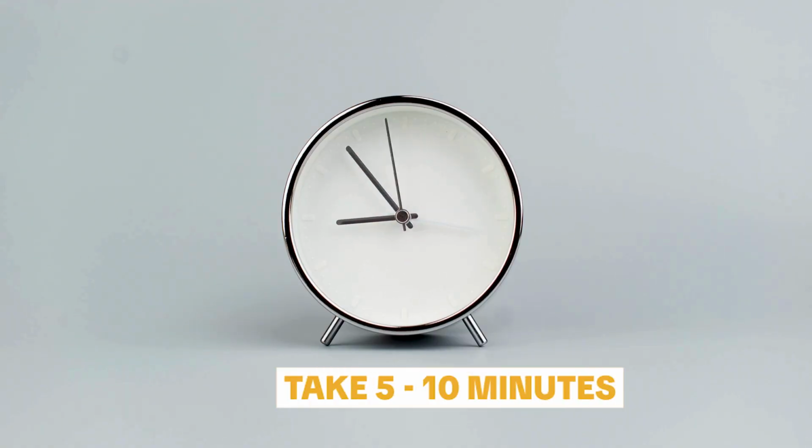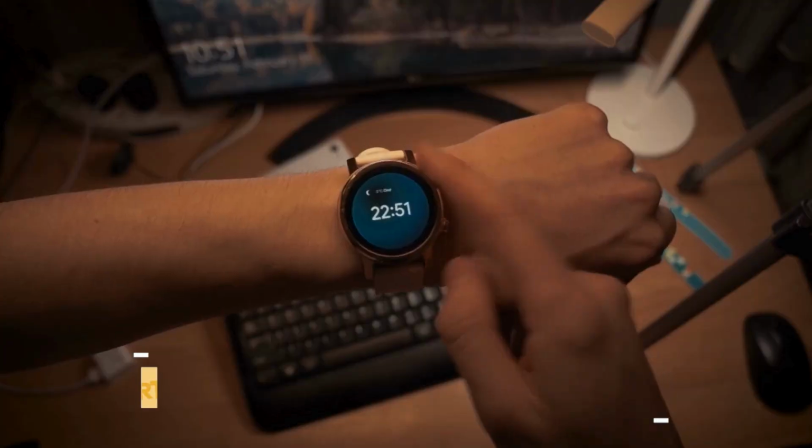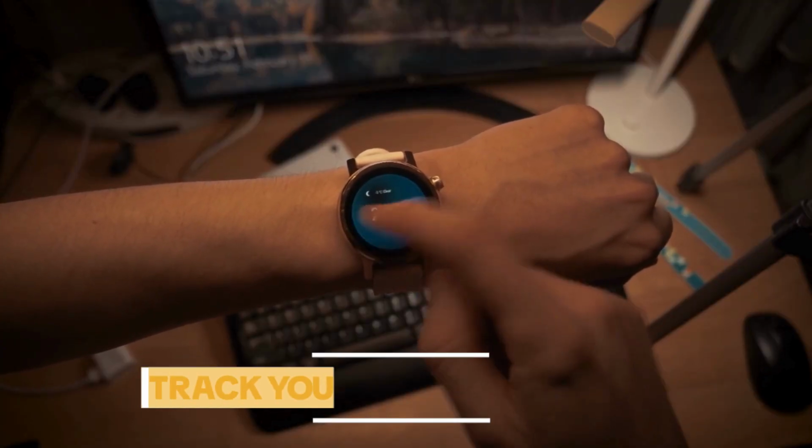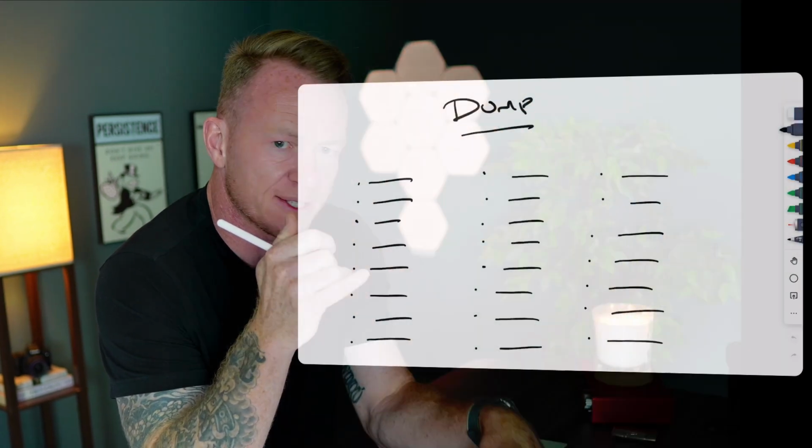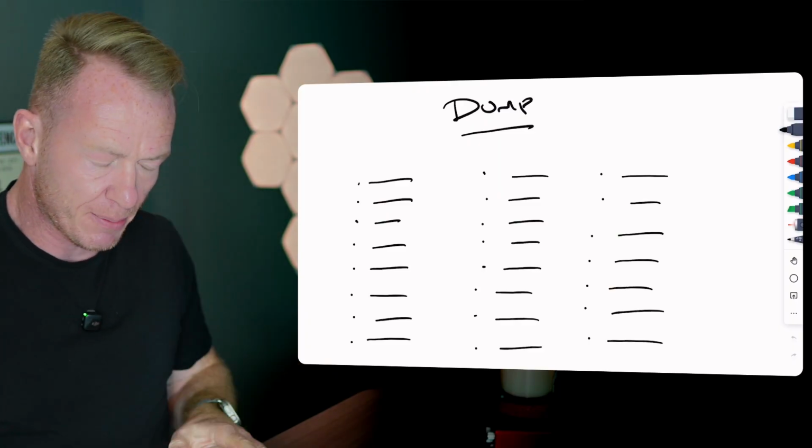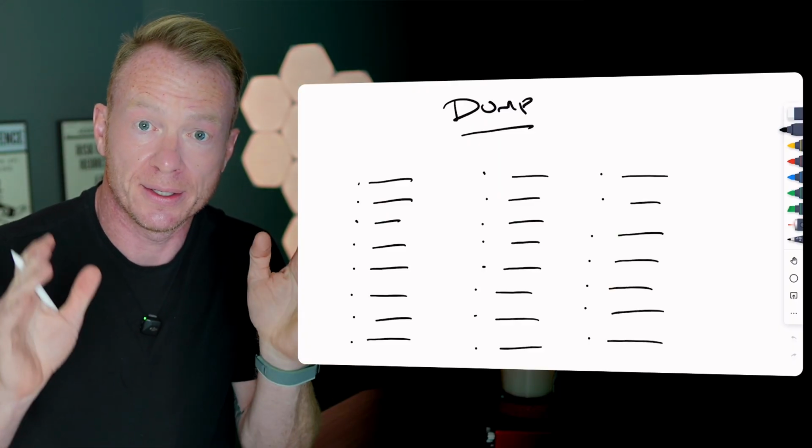The best way to do this is honestly to take time. If you want, pause this video and take 5-10 minutes and dump it all down. The really long way is to track your time for 2 to 3 weeks, and then you'll have a list of absolutely everything you're doing, which is great. But if you want results right now, just brain dump it out. More might come to you later, and that's fine, you can throw it in there. The most important part is to get this out on paper. So this is step number 1, dump.